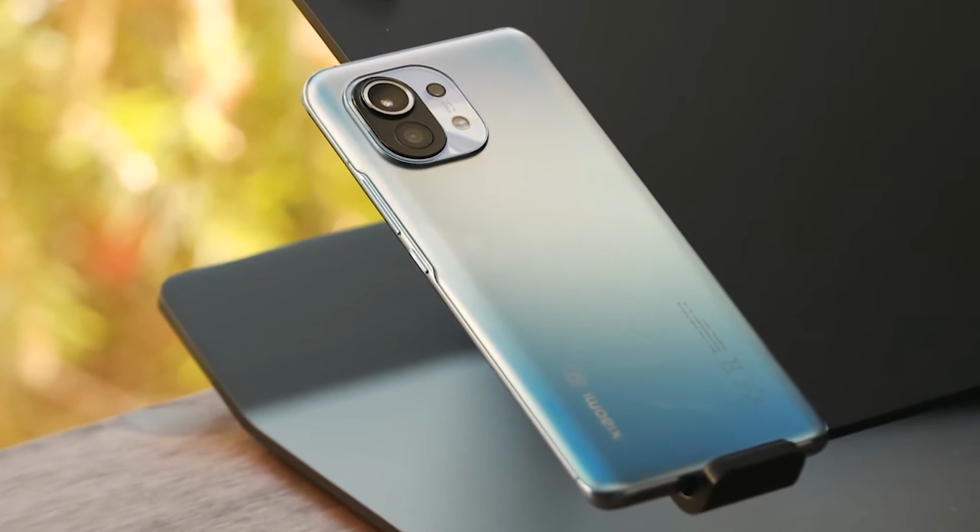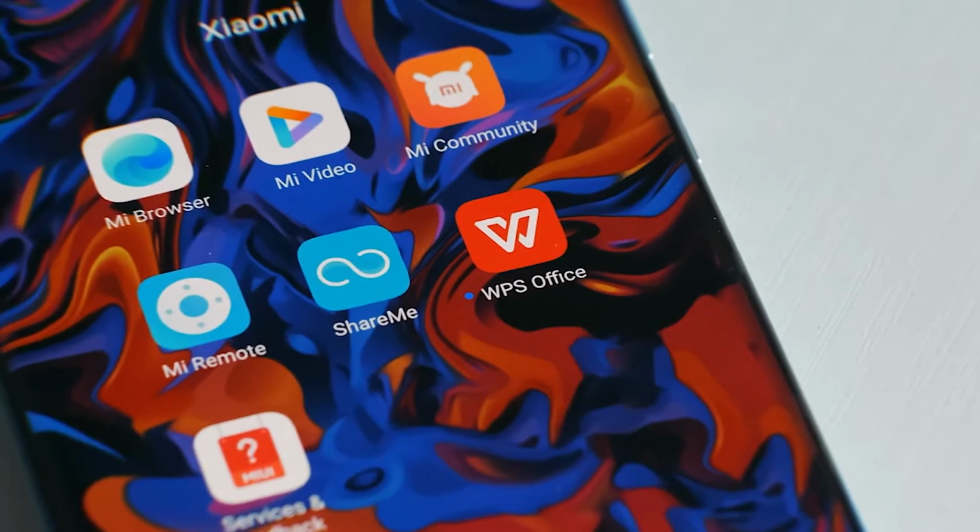In this video, we'll talk about everything the Xiaomi Mi 11 has to offer and the ups and downs that